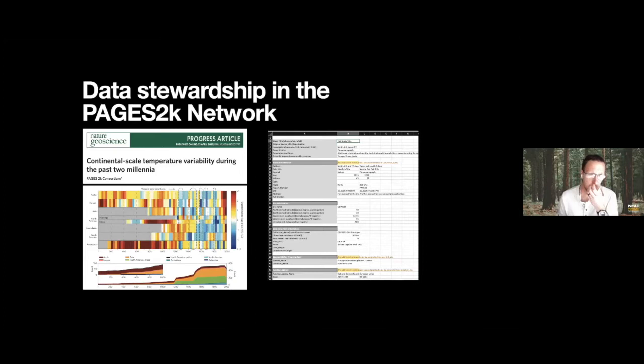so I'm going to spend a few minutes going over what this has looked like, just as a bit of background, because it's been a pretty slow process, but looking back over most of a decade now, it's remarkable to see how far things have come along over that time. So going back to the compilation of the regional networks back in 2013, this is when I first got involved with the PAGES 2K network. That project was largely motivated to have regional groups pull data together in a comprehensive, clear way, and make that available.